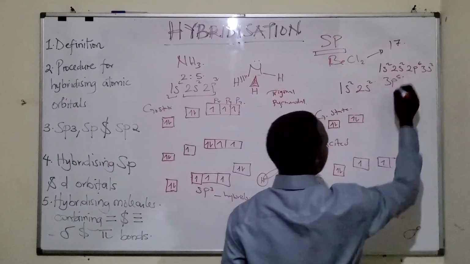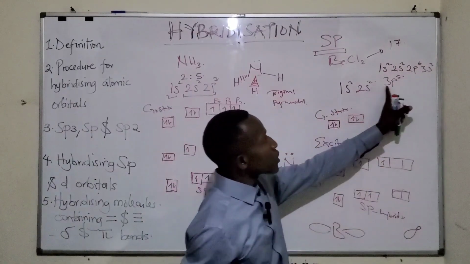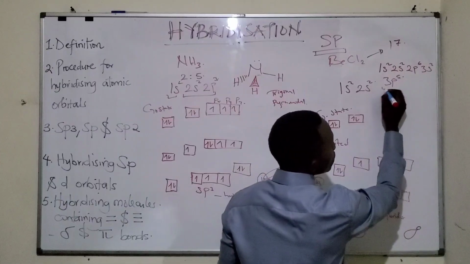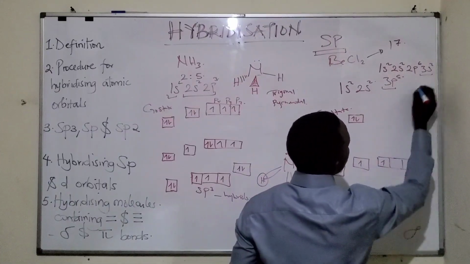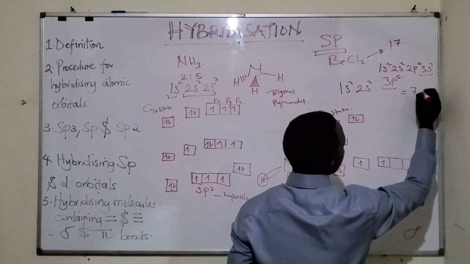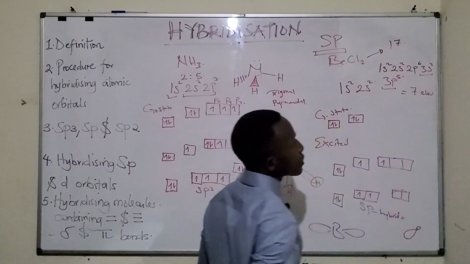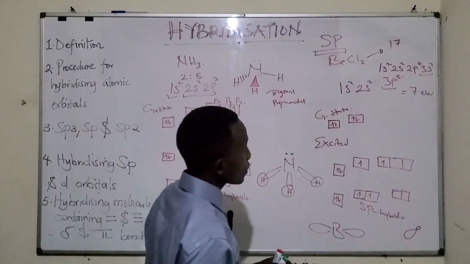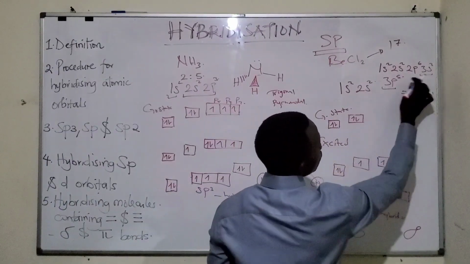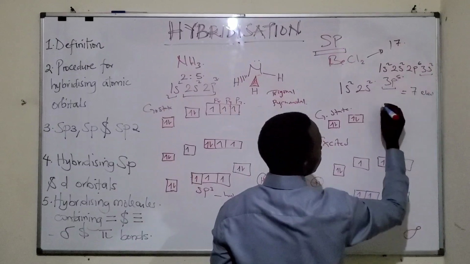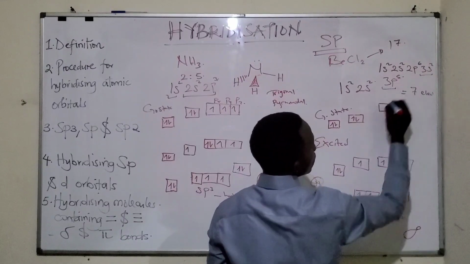That means in the outer shell, we're having 7 electrons. But if you are to draw this in the outer, we have in the 3,